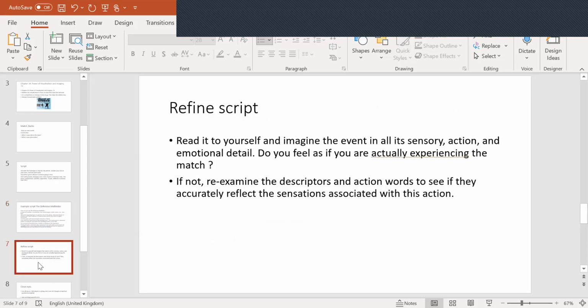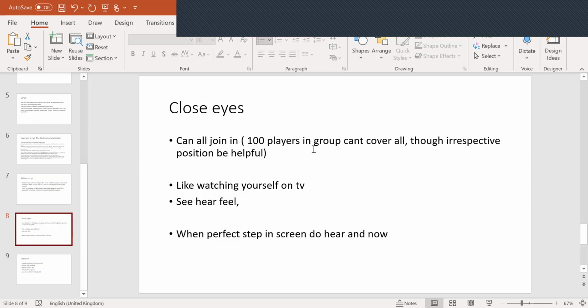So they're key things. Then you can read the script in detail, and you look at the script with all sensory and emotion, and you've got to read through it and think, well, do I feel this? Is it like I'm experiencing the match? If not, you re-examine the descriptors and change it to reflect your sensory perception, and also what you need to include. And then basically, I mentioned for 100 players, we're not going to be able to focus on every position, but we'll give you the gist and what to do and what we're going to do going forward. But then when you've got that, it's like you're watching yourself on TV,